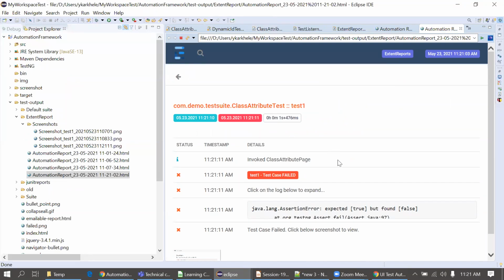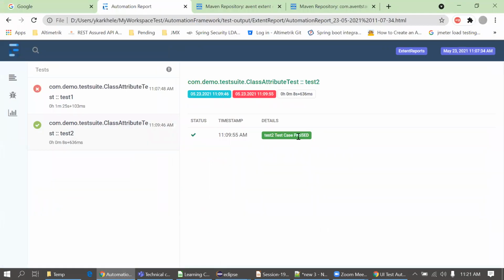Why do you use that? I didn't understand that. To pass, suppose, any information. Not any information. Suppose in the report, this is a very simple report. Suppose we have to mention the steps as well, what we are doing in the test case. That information we can print here in this report. By reading this report, we are not getting what we have done in this test case, what action we are performing. This is not a descriptive test case. This is very summarized. It's a very small test, it passes, but I don't know what is happening in this test case.